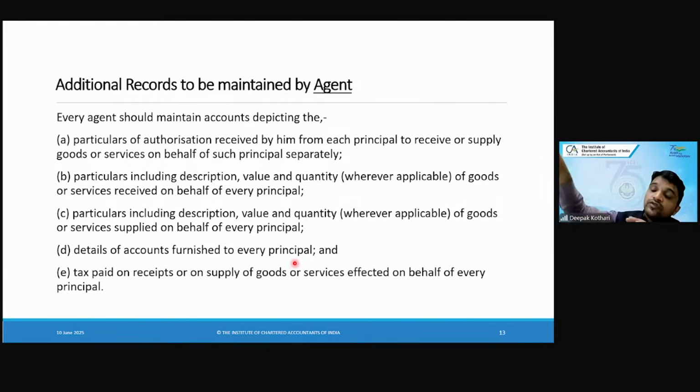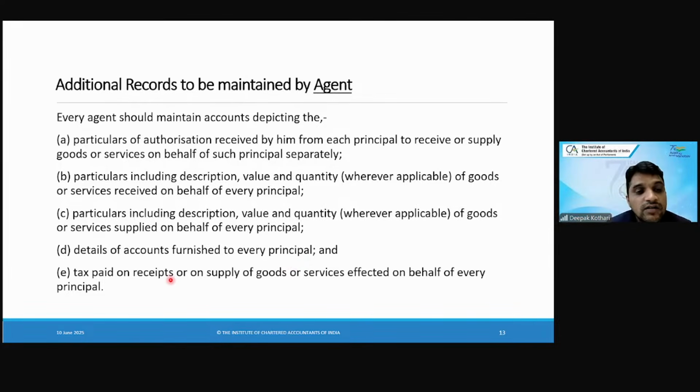फिर डिटेल्स ऑफ अकाउंट्स फर्निश्ड टू एवरी प्रिंसिपल, जो वॉट एवर रिकॉर्ड्स, जो बैलेंस ऑफ पेमेंट्स वो प्रिंसिपल से रिसीव करेगा, उसका रिकॉर्ड्स भी उसे मेंटेन करना पड़ेगा कि वो जो प्रिंसिपल को खाता देता है, दैट आल्सो हैज टू बी मेंटेन।